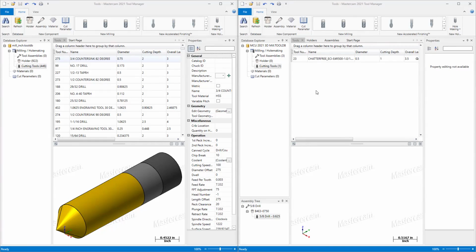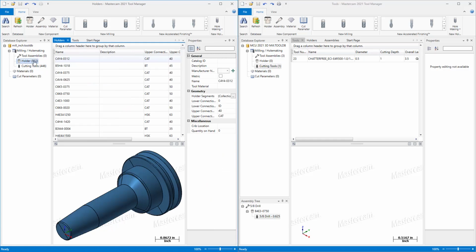Picking up where we left off, we have the mil_inch tool library on the left, and we have our Mastercam University tool library on the right. I'm going to create a new assembly in the Mastercam University tool library, but I'm going to use content from the mil_inch library. So for starters, I'm going to go over to the holder section here, and I want to